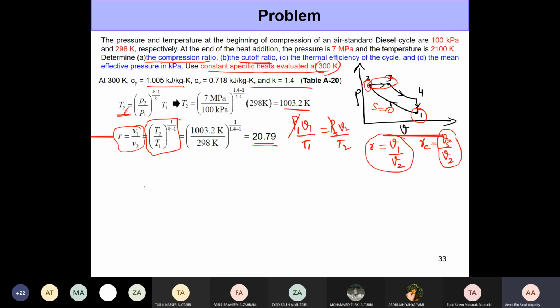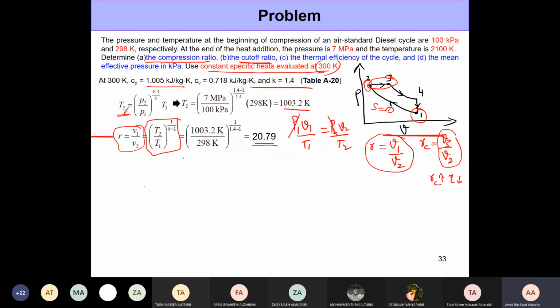There's an increase in the specific volume, and this is the ratio that we try to determine. And the reason we want to determine this ratio is because for large values of cutoff ratio, the thermal efficiency would be lower, right? As you keep on increasing RC, the thermal efficiency will keep on reducing. So you want to quantify how much it is, and you would probably try to keep it around 2. You don't want it to go around 3 or 4 because that can decrease the thermal efficiency. So again, it sort of depends on how you design the engine and the fuel injection process.